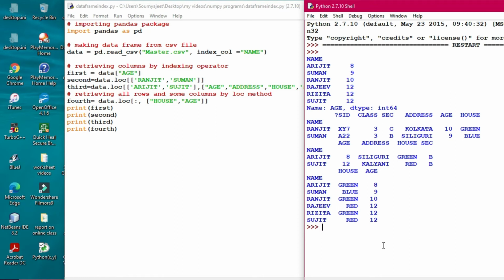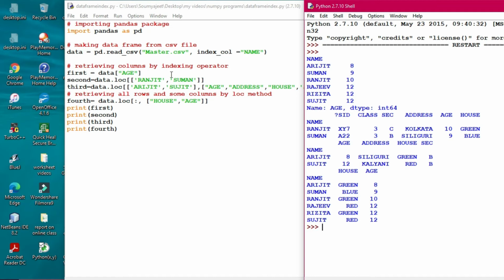Now if a question comes up, the structure will always be given to you, because in the theory paper you will not be able to show the CSV file. So the CSV file format will be given and the name also will be given. Then you have to give the name, and you have to give the index column also over there, whichever one you want to fix. That is up to you.